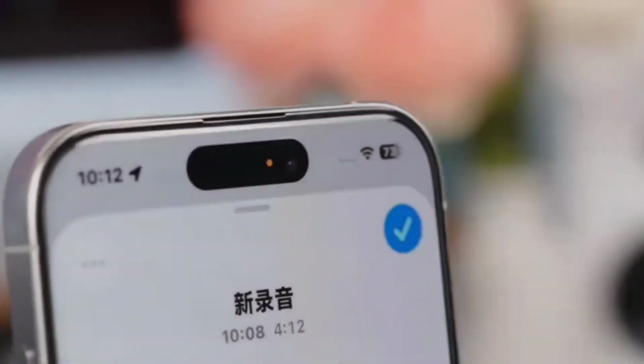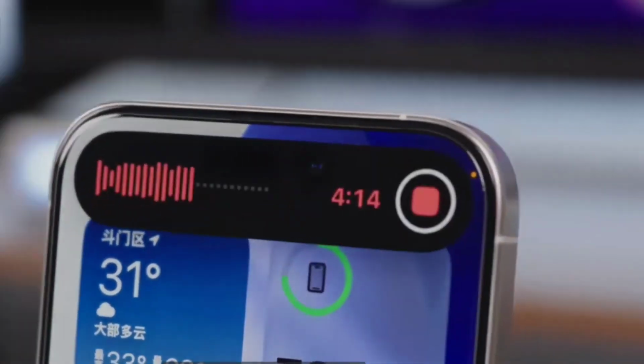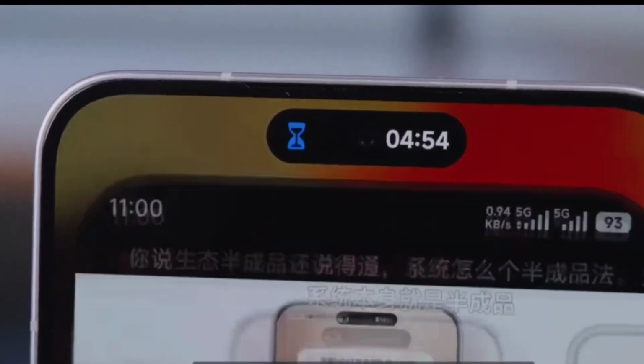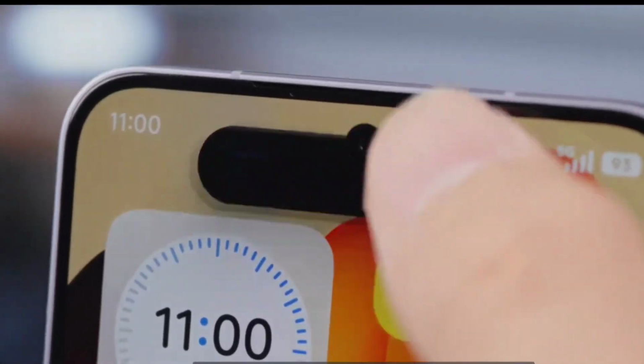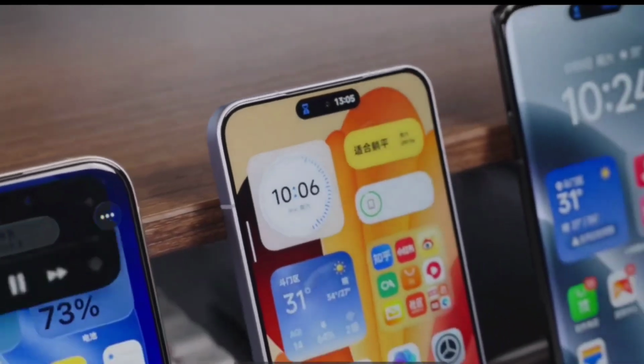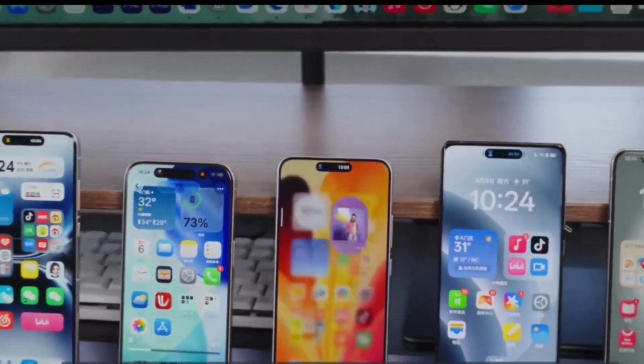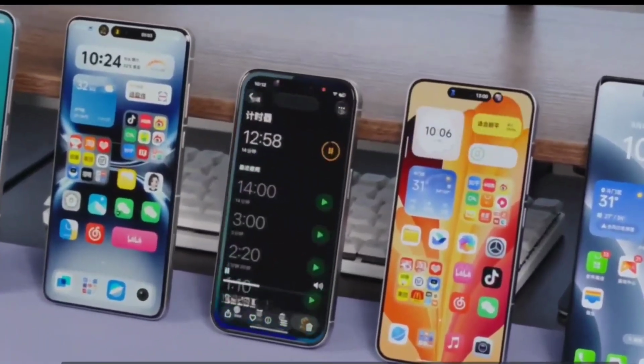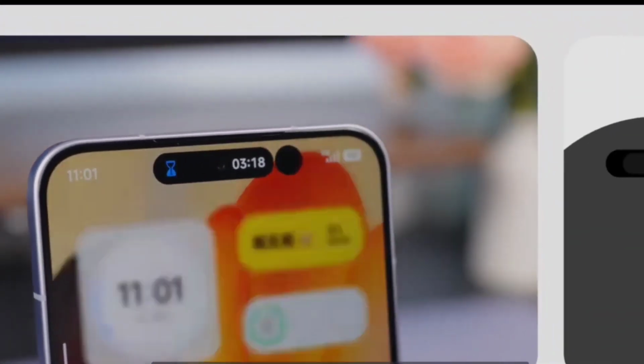This is the island of iOS 26, this is the island of the HyperOS 5.1, and this is the island of the HyperOS 3. I think even King Me would have to say, this is Apple. Is it Android? What, you say you can't tell the difference? Well, in this video, let's talk about why after using it, we have to give HyperOS 3 a huge thumbs